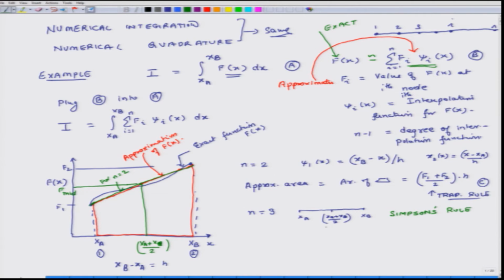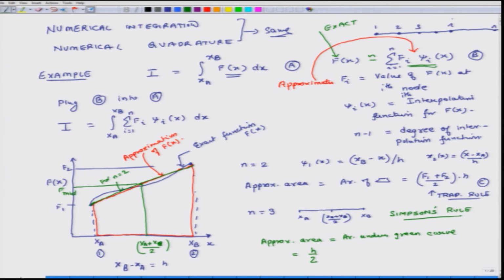So if we had 2 points, then we use the trapezoidal rule to find the area under the curve. If the function is quadratic in nature, then there is another formula known as Simpson's rule, and we use that to find the area under the green curve. And for that, it is again an approximate area, and that approximate area is equal to the area under the green curve,